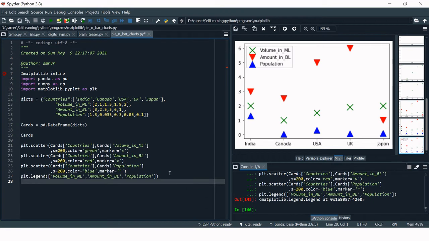Now let's see how we can use the x-axis and y-axis titles. All right, axis title. For that, you just need to use plt.xlabel. It's very simple. Into that you can write whatever you want to show at this x-axis. So apparently these are the countries' names, so we can just type country.